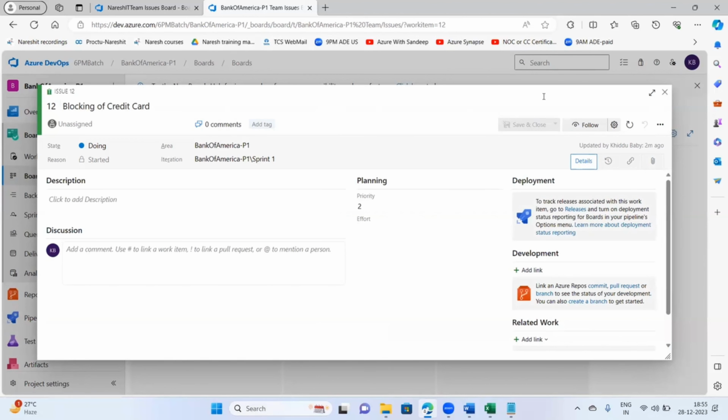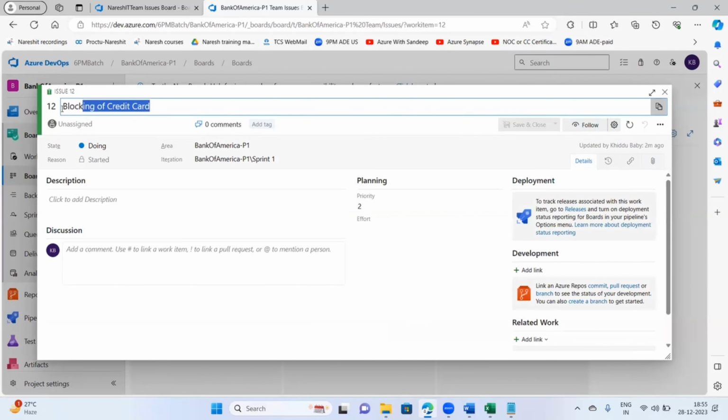1, 2, 3 I have shown just now, right? You can go and see here. And the next thing here is follow. How we follow celebrities on Instagram, Twitter and all, in the same way your manager will follow this particular work item if he is interested. Your team lead will follow. So whatever you do here